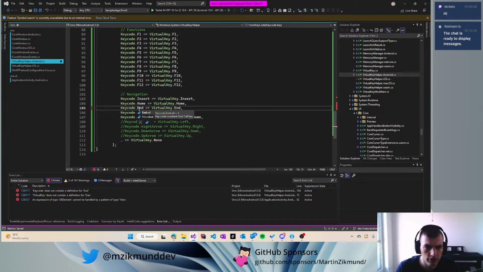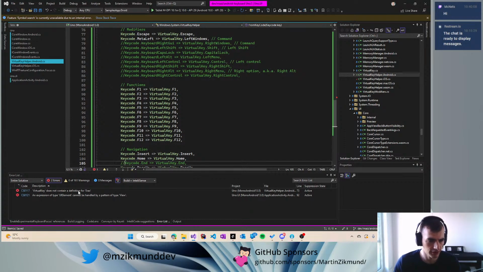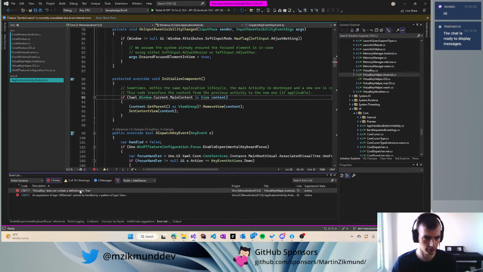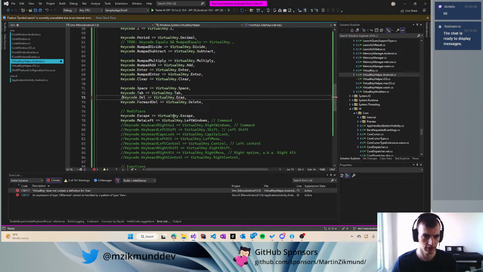There is no end. Huh. Interesting. Also something we need to fill out later. But we have some simple mapping for some basic keyboard buttons. So let's see if we can easily